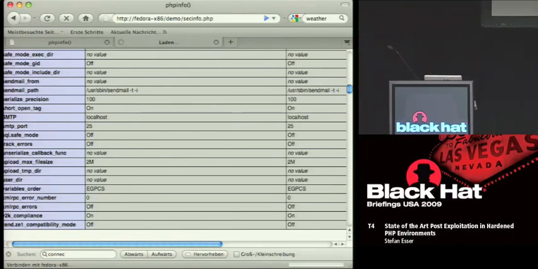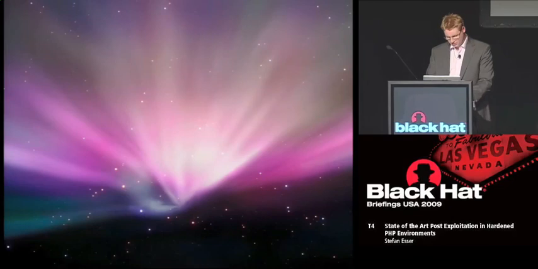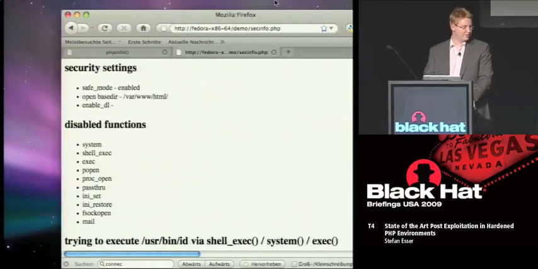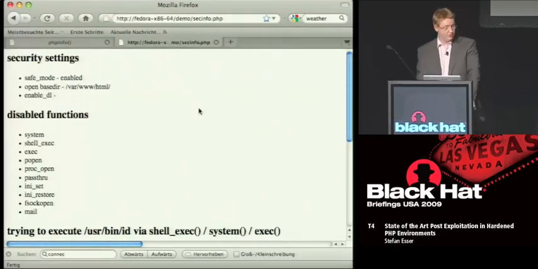I just made a typo, I guess. Well, I don't know why it doesn't work right now, but I just changed to the other server, to the